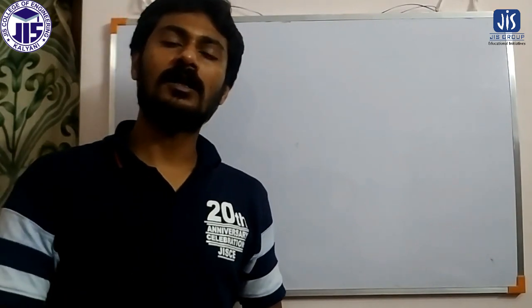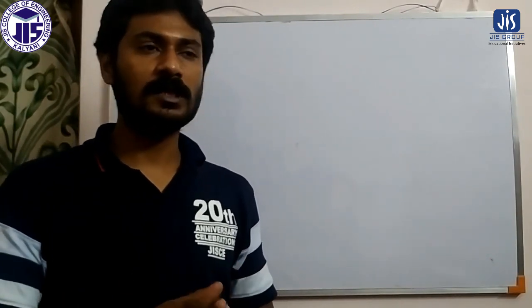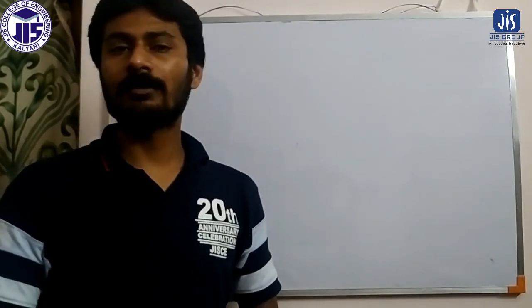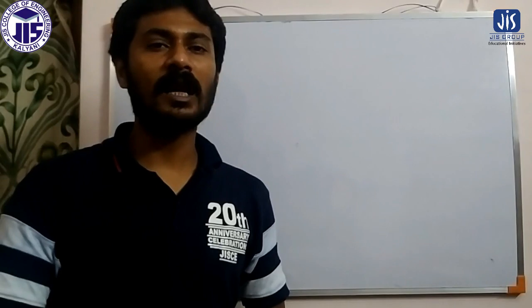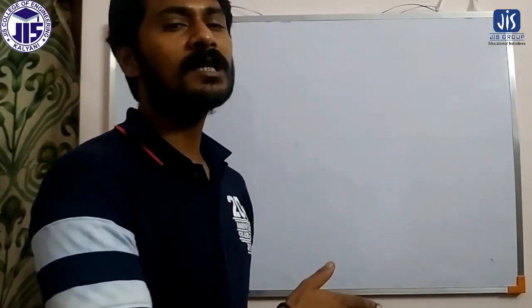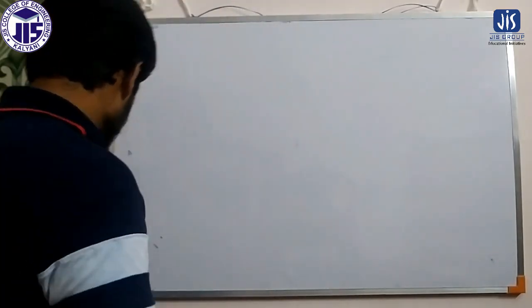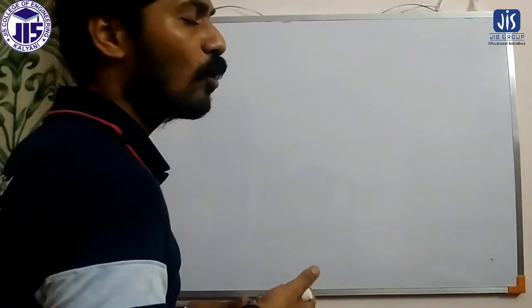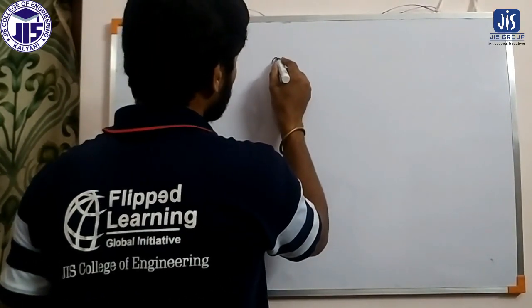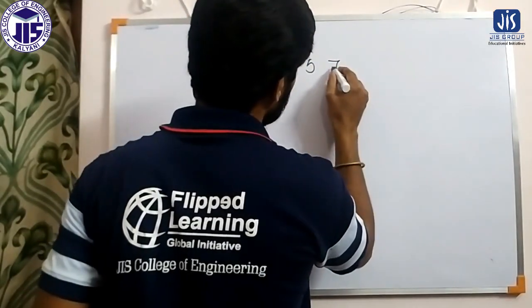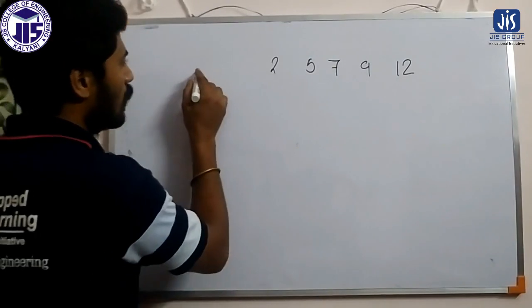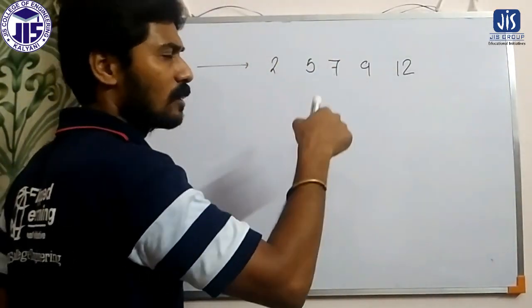So already we have discussed a one-dimensional array and different operations that we can perform in one-dimensional array. So here we are going to discuss multi-dimensional array. Two-dimensional we will start with. In a one-dimensional array we have only one row and multiple columns. So this was considered as a one-dimensional array where only one row was there but multiple columns are there.